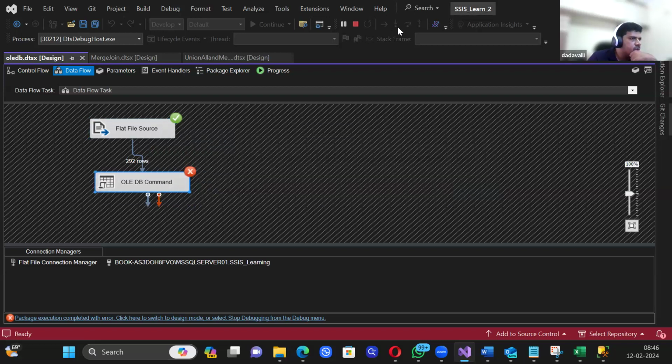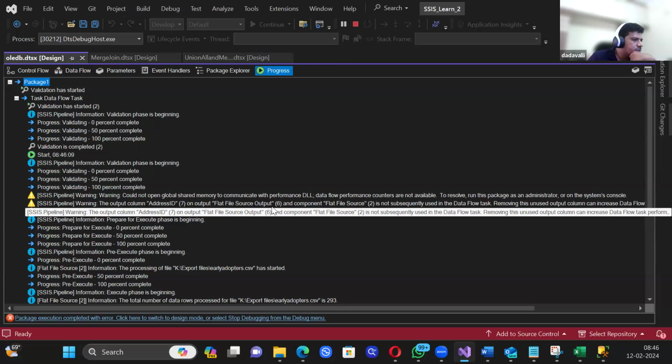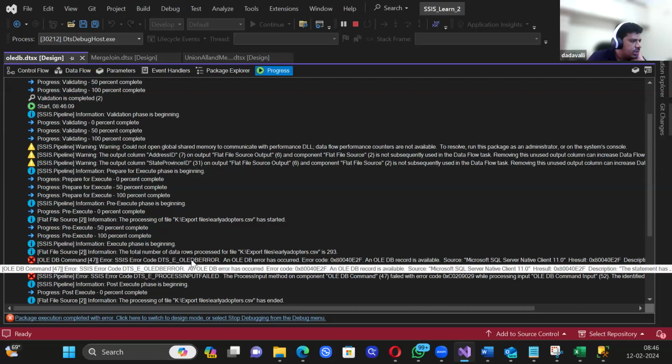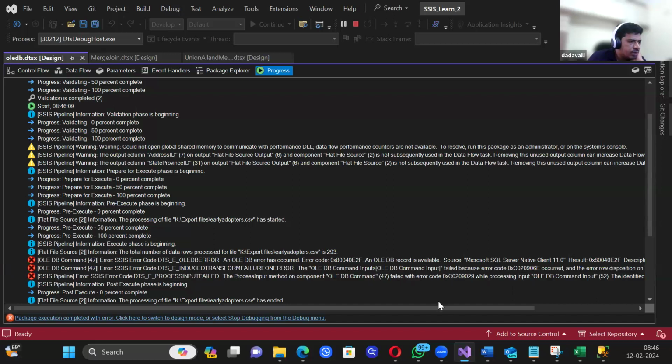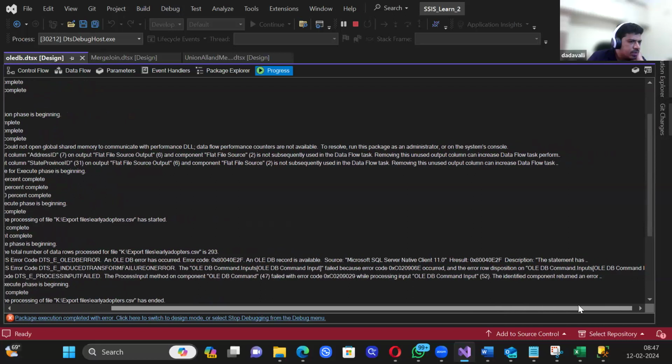The source is not subsequently using the flat file source output, and component flat file source 2 is not subsequently used. Okay, fine. The total number of data processed is 293. The statement has